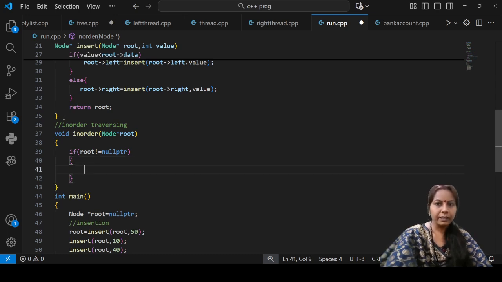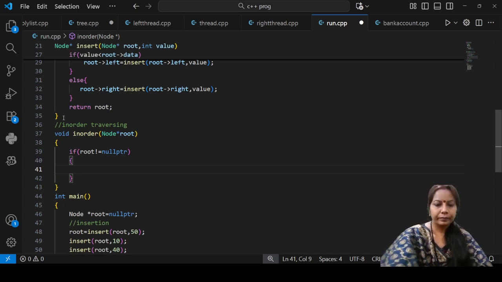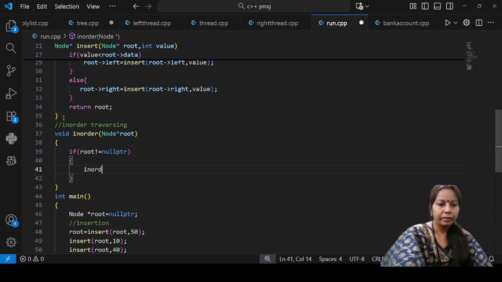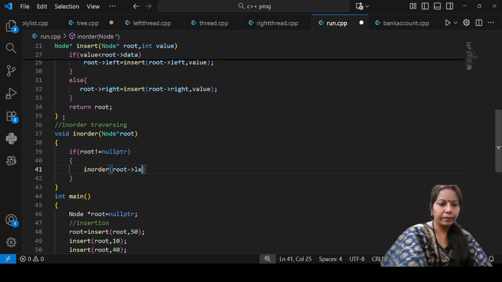So in this case in order traversing at first in order where the root that will point to your left node.